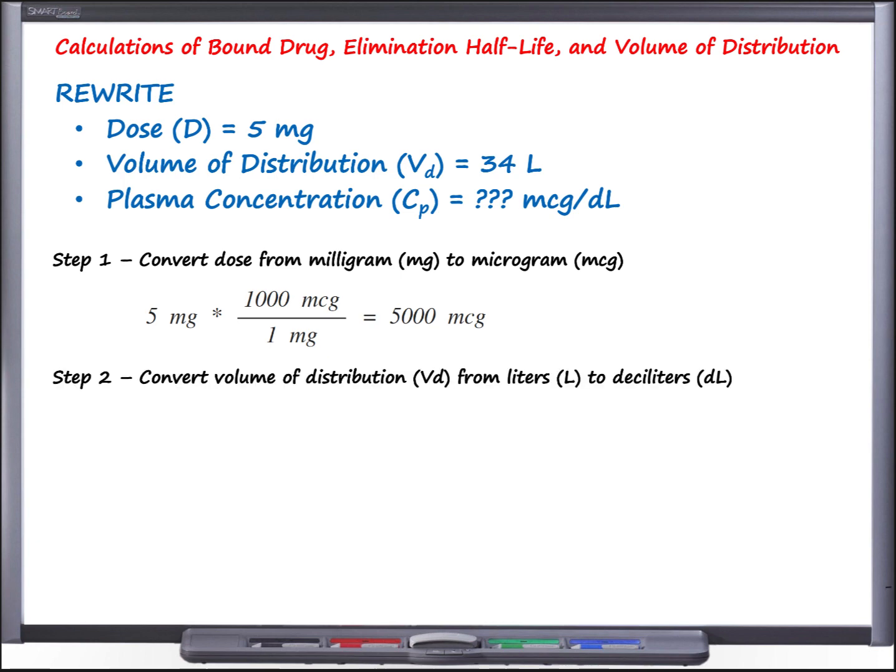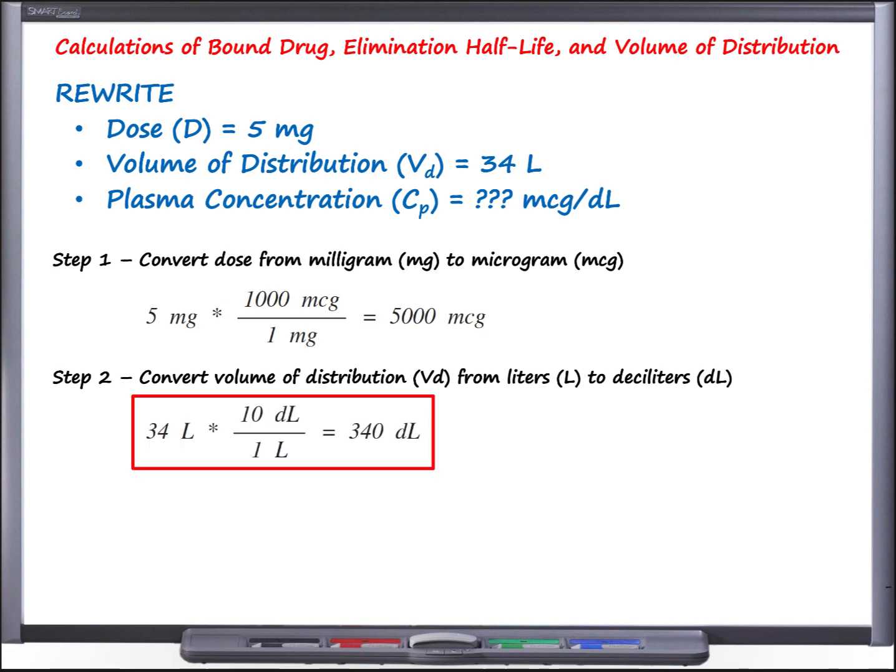Step 2 is to convert the volume of distribution we were given from the units of liters to deciliters. Again, relatively straightforward math. We're going to start with our VD of 34 liters, and we're going to multiply it by, but I will warn you, many students have a hard time converting from liters to deciliters for some reason, because it's not as common a volume to use unit-wise. But in the end, if you think of the deci, centi, milli, there are essentially 10 deciliters for every 1 liter. Therefore, when you multiply it in this way and liters cancel, giving us deciliters, 34 times 10 would be